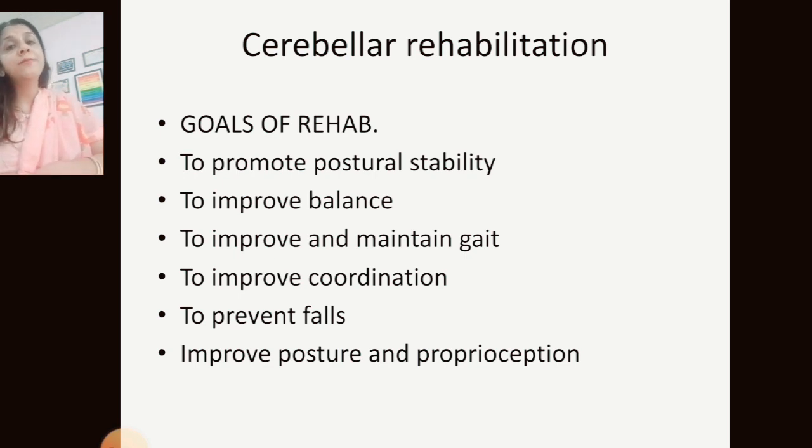So before discussing some specific protocol for cerebellar patients, like ataxic patients, who have a major role in gait training and balance as well, we must know the goal. We must summarize the goal first in our mind, that is, how we treat that patient. Before treating the patient, we are working on the motor component in that cerebellar patient, so we must improve the balance, gait and walking pattern.